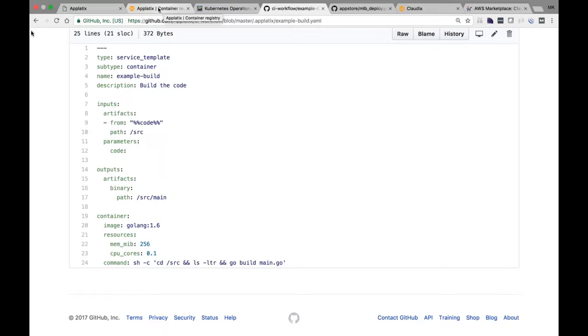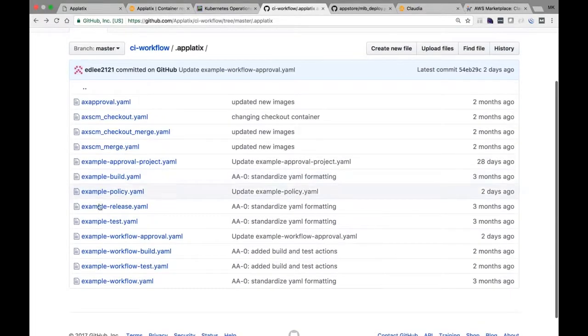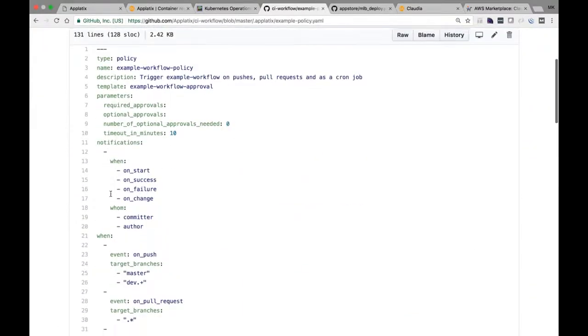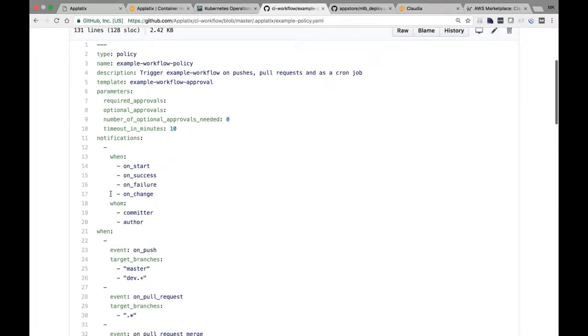Okay, and the last thing is you can define policies to trigger your workflow, or you can run the workflows manually. But most of the time people will use policies. So for example, when you're setting up a CI workflow, right,